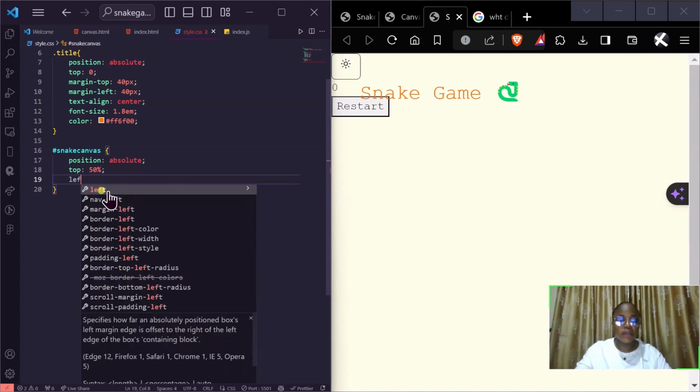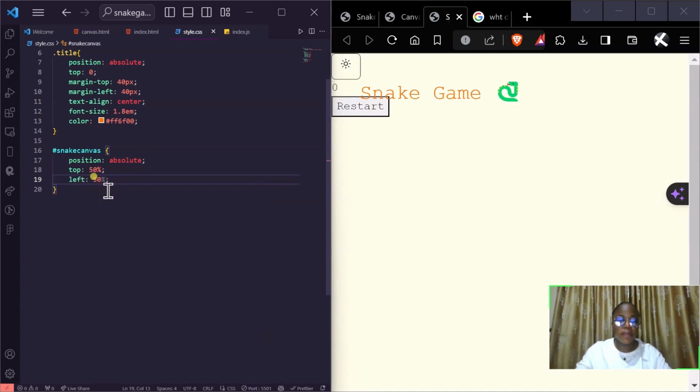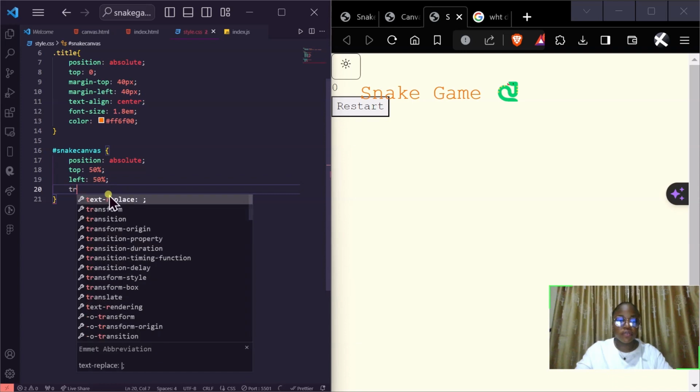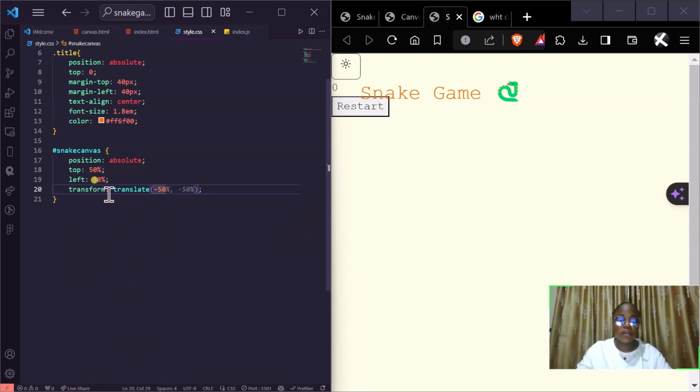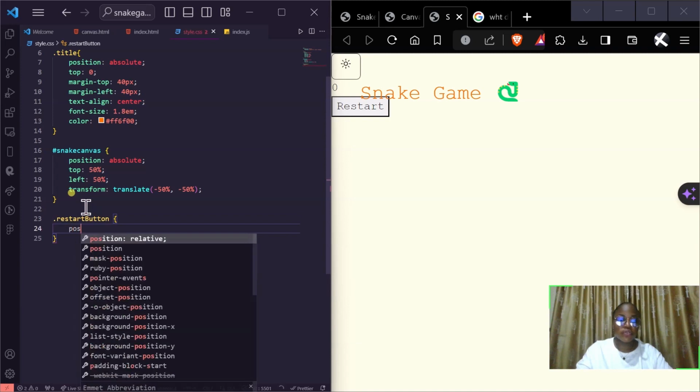Then thereafter I'll give it a top of 50%, and thereafter a left of 50%, and a translate of -50%, -50%. So this kind of centers it. Okay, then we're going to start our restart button,